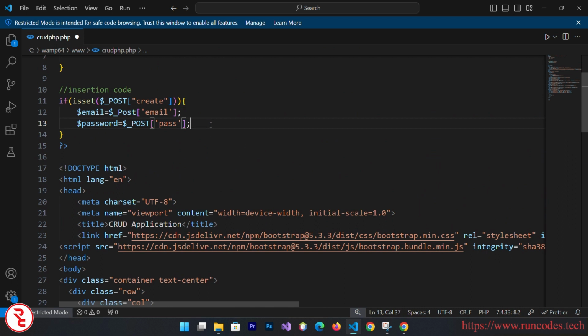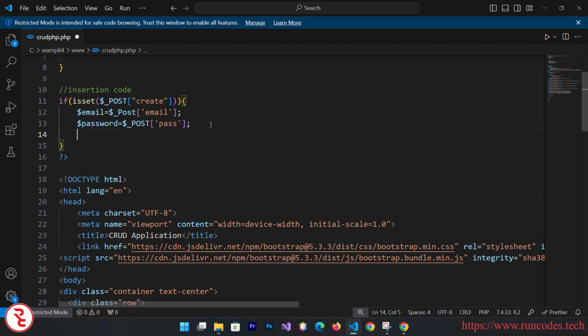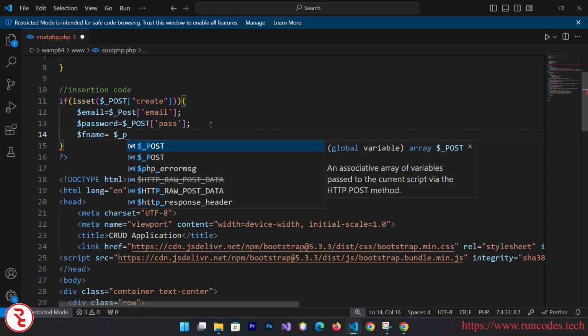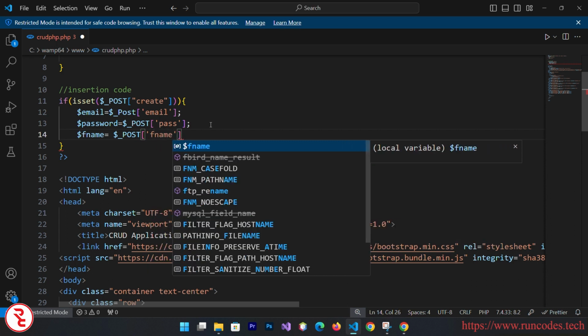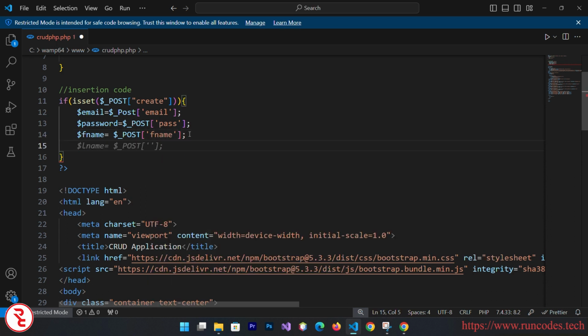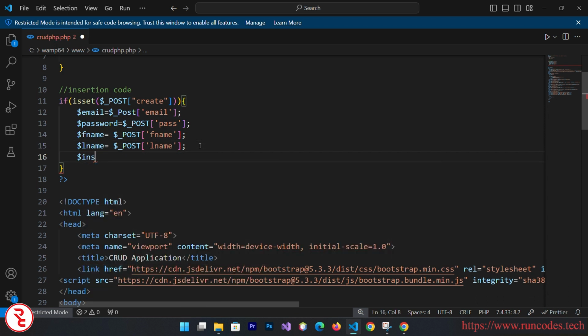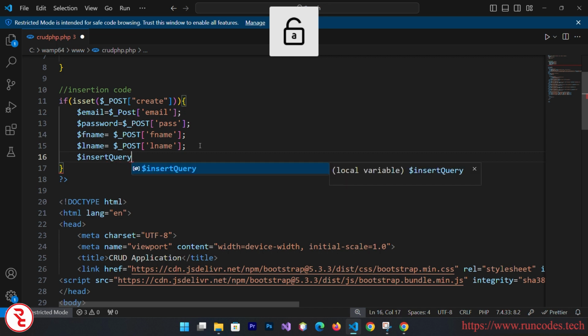and then fname is equal to $_POST. Here goes fname, and then lname is equal to lname. Now write our query. Insert query is equal to